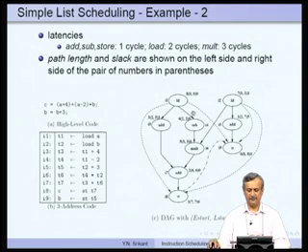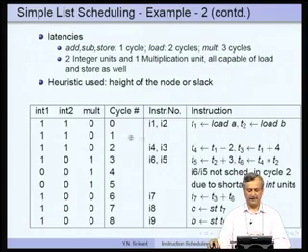So, load and load. We can schedule both of them on the 2 integer units which are available, and the multiply unit is not used. So, here 1 indicates that the integer unit is being used, and 0 indicates that unit is not being used. So, 1 1 0 indicates integer unit 1 and 2 are being used, but the multiply unit is not being used. So, 2 instructions are scheduled,